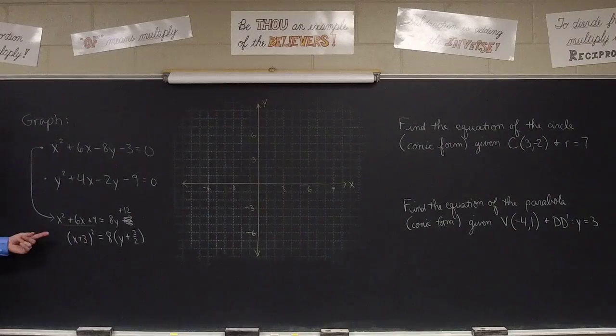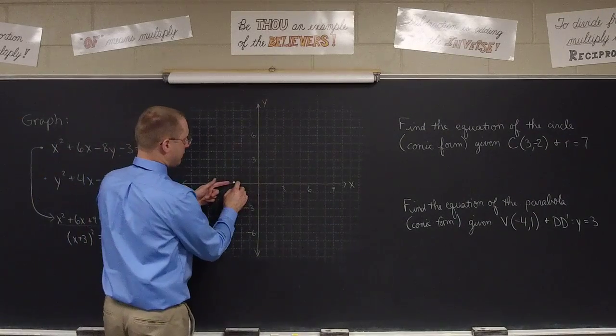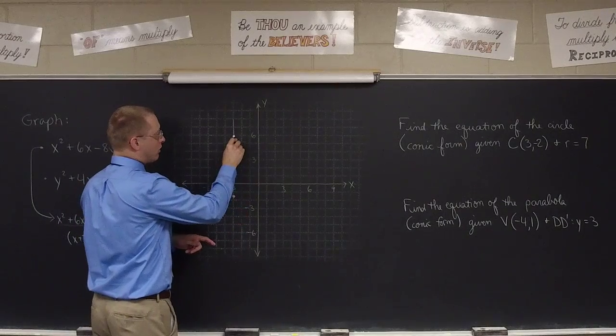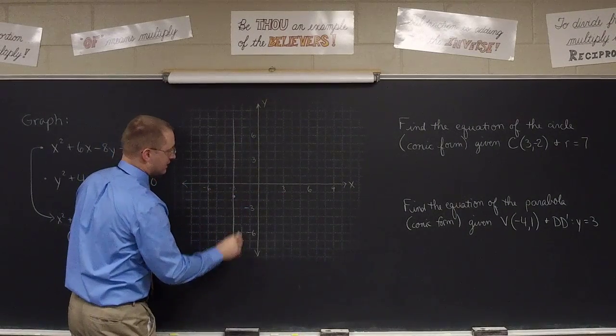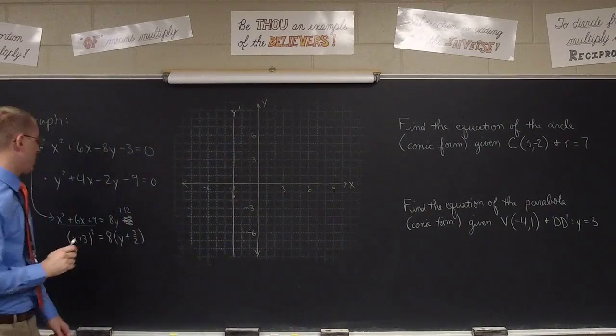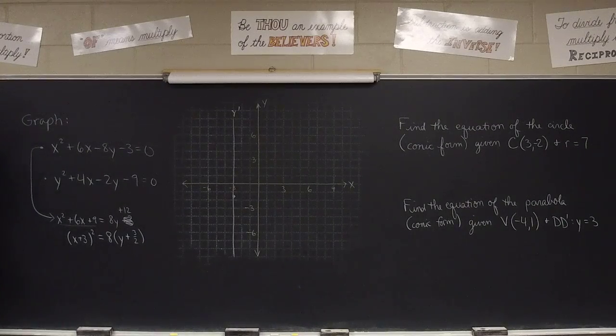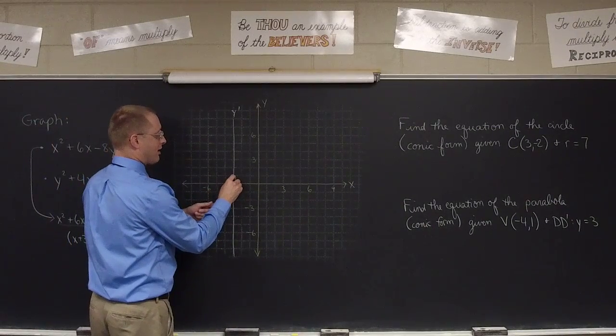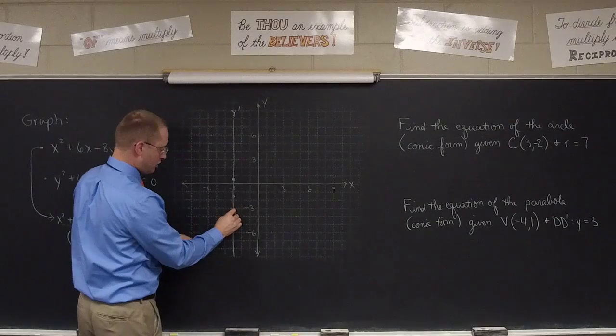Where's the vertex of this particular parabola going to be, class? -3, -3 halves. Good, Jamie. So we should go to -3, -1.5, and we're going to put a new y prime axis right here. What is the focal length on the y prime axis going to be, Jamie? +2, which means up 2, which puts us right here at the half, which means we're going to go down 2